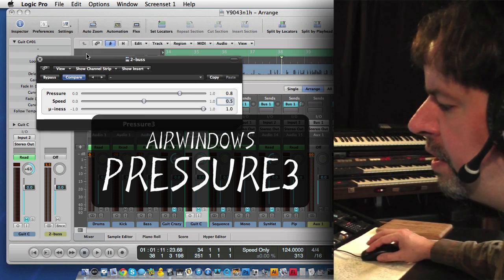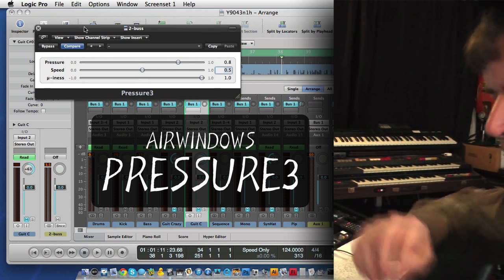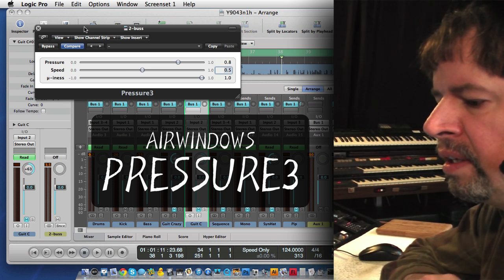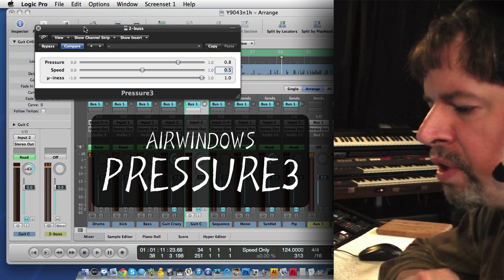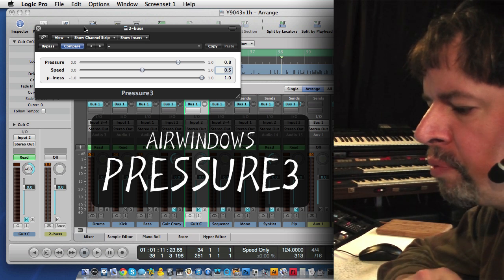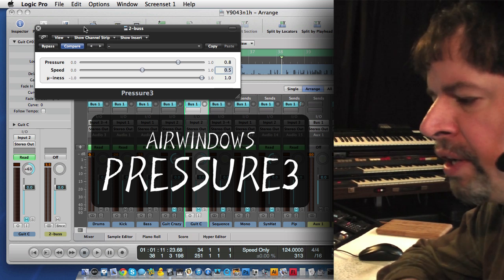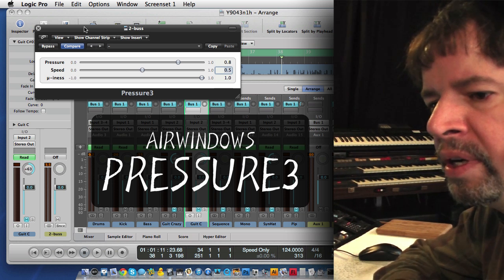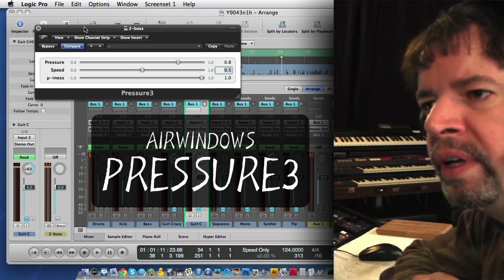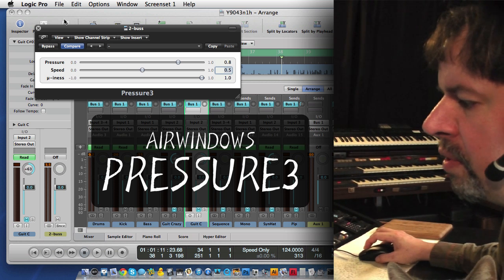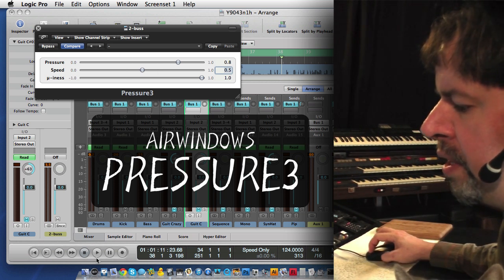But Pressure 3 is 80-bit and has the noise shaping to the 32-bit bus that my recent plugins do. So it's a complete upgrade on the tonal qualities of Pressure while keeping the original algorithm that people liked a lot. Now what these functions do is Pressure is